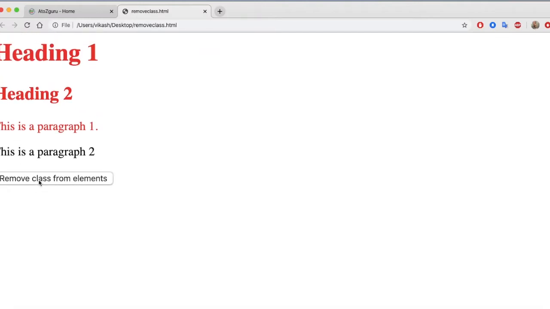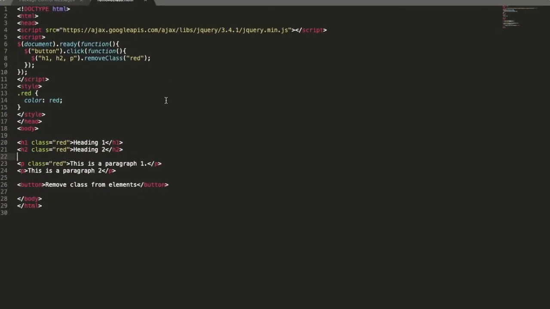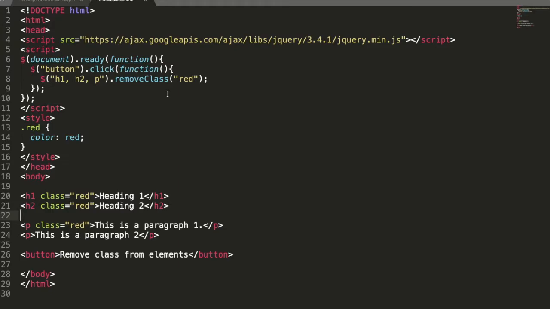Whenever I click this button, the color is going to disappear. Color is nothing but a class which I used in heading 1, heading 2 and paragraph 1. I'll explain in the practical session in the program. So see what is happening. I think it's clear now.